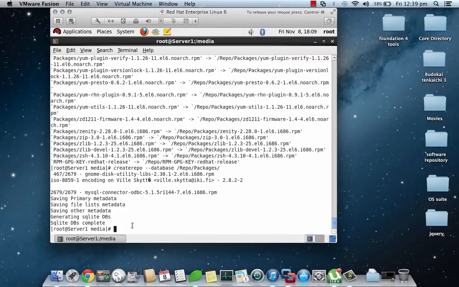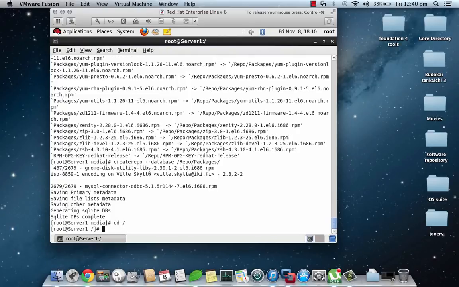Now once we are done with this, we'll go to the root folder once again, and now we'll create a repository file which should be stored in the /etc/yum.repos.d folder, and the name of the file can be anything you like. For instance, I'll give you basic.repo. And